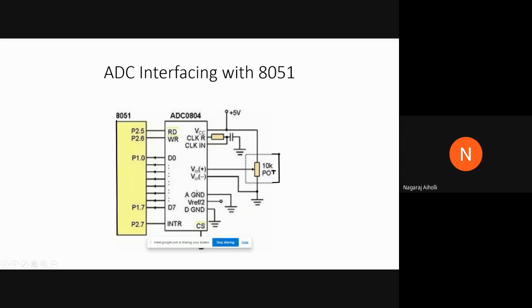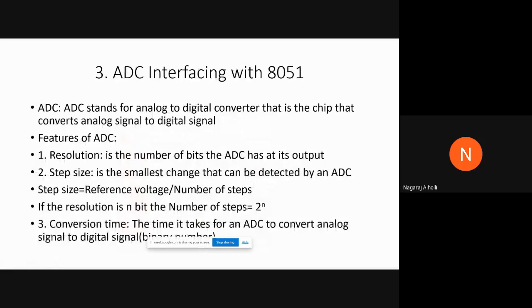Let us study a few of the important points first regarding ADC, a few of the basic fundamentals, and then we'll move on to the actual interfacing of ADC to the 8051 microcontroller. Now, what is ADC? ADC is analog to digital converter. It is a chip that converts analog signal to digital signal. A chip or an IC which converts input analog signal to output digital signal is called an analog to digital